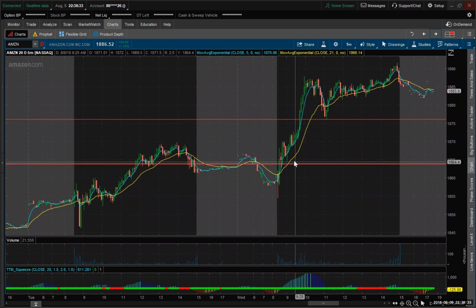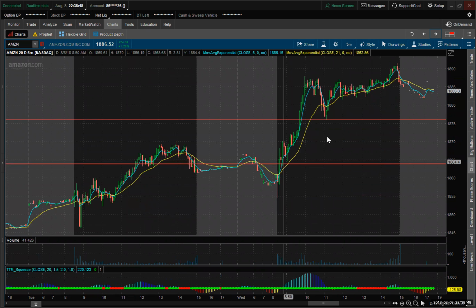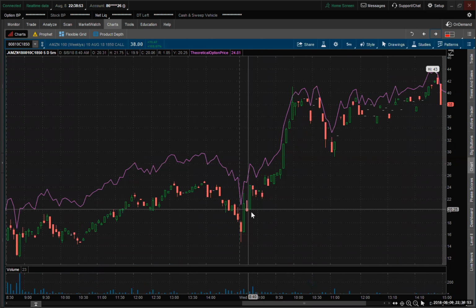Let's say you had a stop. I'm sorry. Let's say you had an entry on this line, the stop down below it. If you're buying calls on the low here, let's say the closing price of the option at the 840 candle. So in this case, 840 candle is right here. The low is 1990. The close is 2006. That's the value you could have been buying right around 20 bucks and stop at 19,